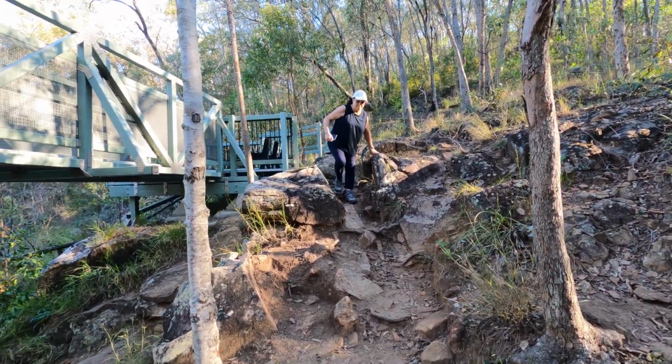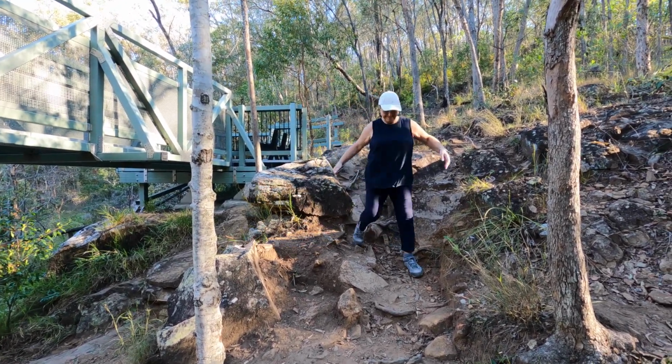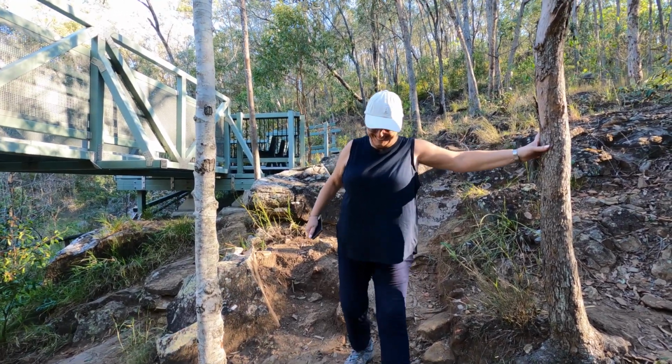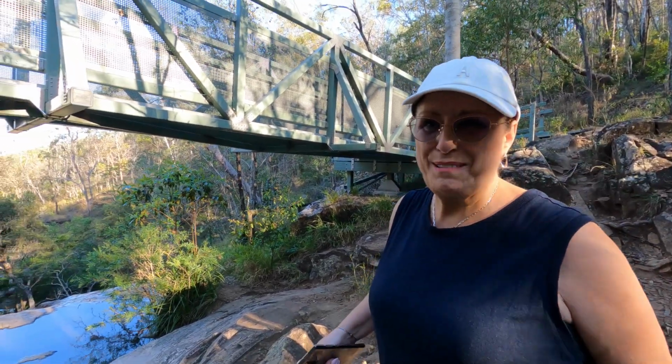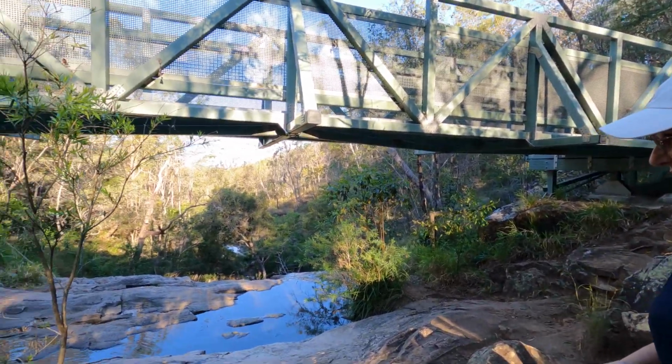Now we all know that sometimes it's a bit dangerous when Alison and water come close to each other, so we'll see what happens today. Especially because I want to get up close and take some slow-mo pictures. Just don't get too close to the edge, because, to be honest with you...